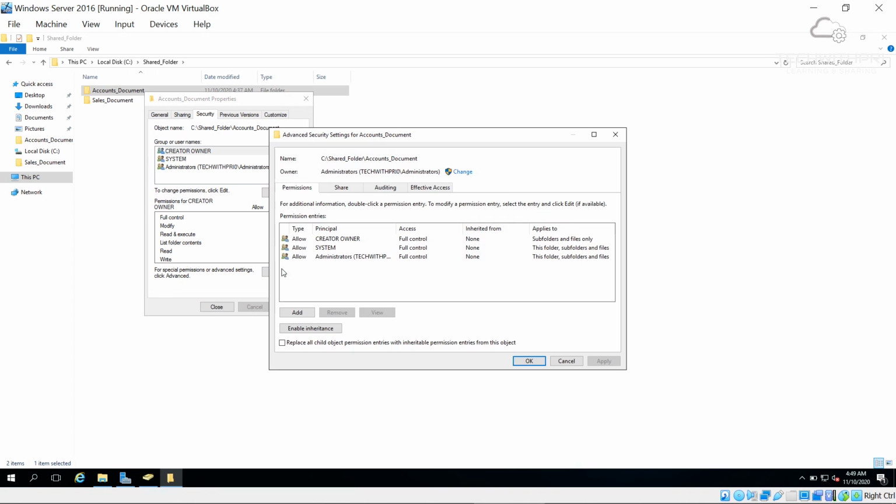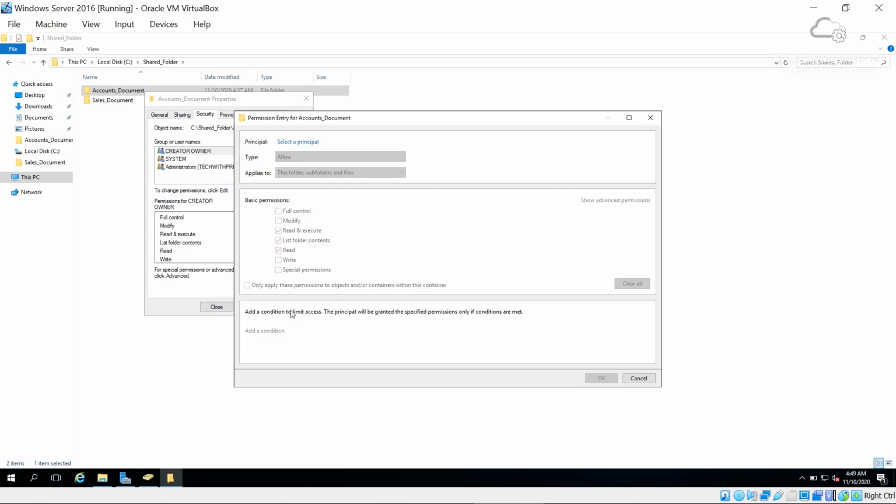So it is quite the same as what we did for the home folder. Now here, I have already created 2 AD groups. One is accounts group modify, another one is accounts group read. Okay. Now let's add those groups and configure the permissions quickly.